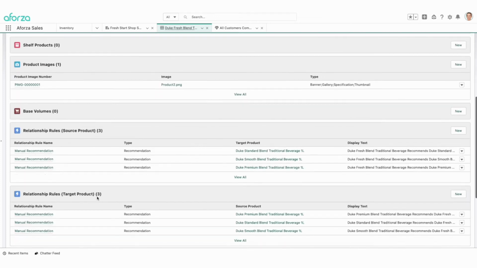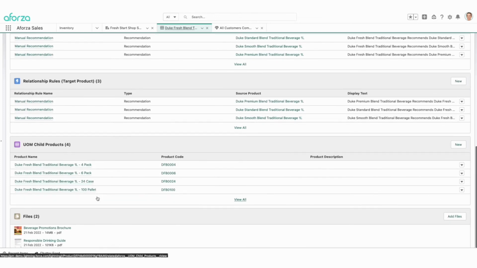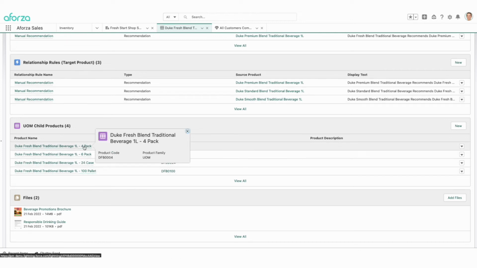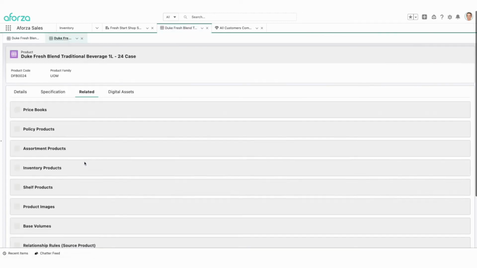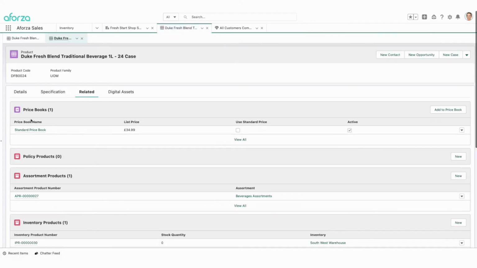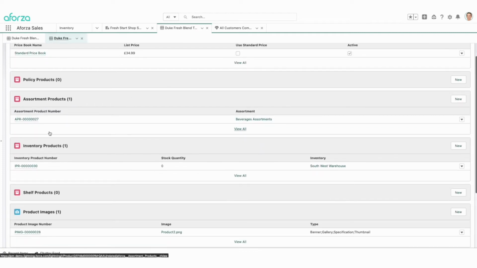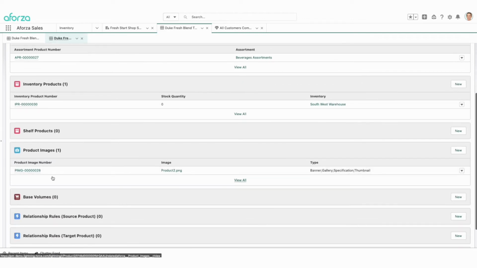But when you come down to the lower part of your related items, you'll see here that we've added this new section, which is the UOM child products. And in here, you can create new products with their assigned UOM against them. So if, for instance, I go into the 24 case, you'll see here that it has its own price book. It has an assortment that it belongs to, which is what is required in order for it to show up in the catalogue. You have which inventory it belongs to,